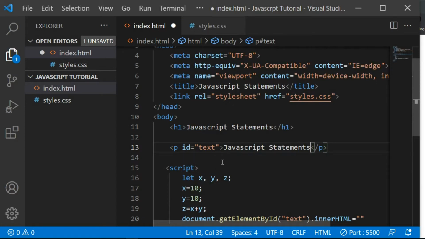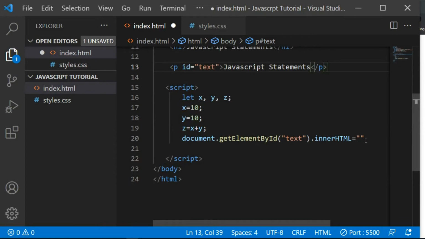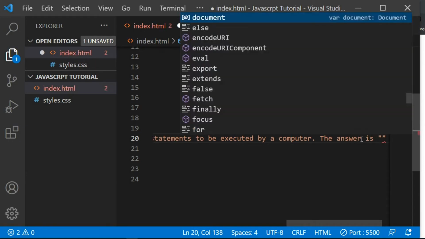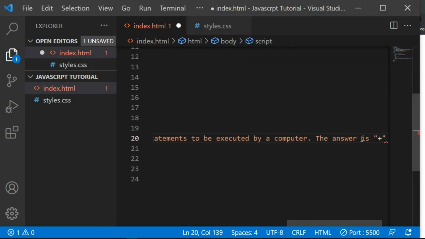JavaScript statements. And so now here, between these two quotation marks, I'm going to write anything that will change. So I'm writing here JavaScript that will change the paragraph. So let me say, and then you are going to say here, the value, the answer there, you can write in the answer. So the answer is, then you are going to open and close this quotation mark again, and then you are going to say plus